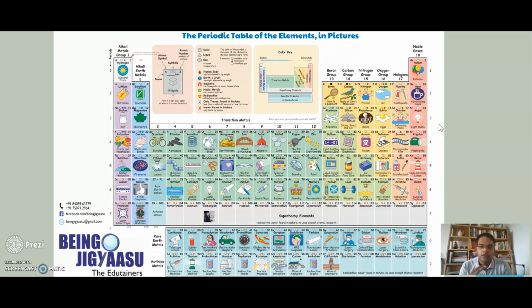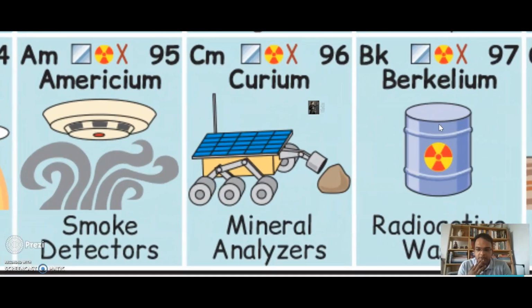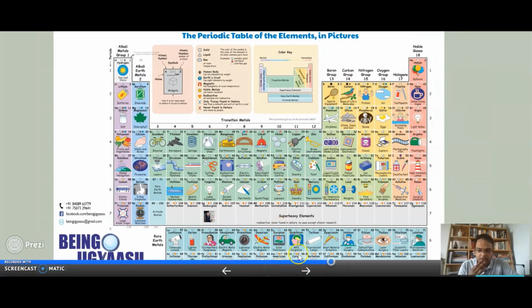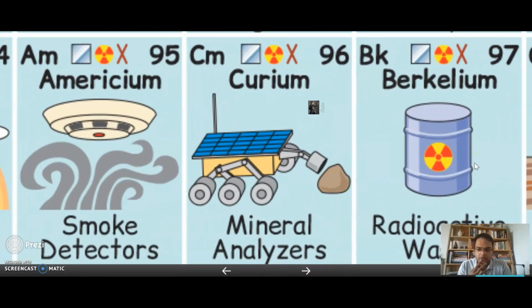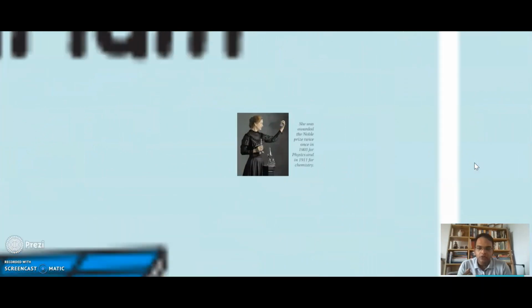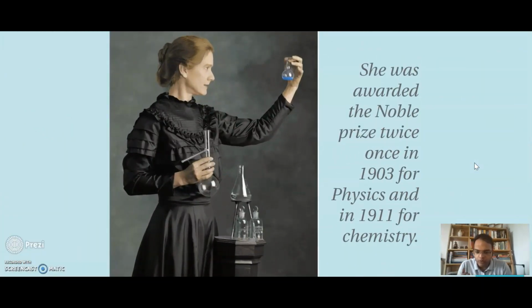There is Einsteinium, there is Rutherfordium, there is Seaborgium, there is Curium, named after Madam Curie. And if you see some of these elements, say for example, Curium is right here, much below in the periodic table. If you see, this is where Curium is. So if you go there, this is Curium, and it is named after Madam Curie. So here we have Madam Curie doing some work in her lab, and she was awarded the Nobel Prize twice. This is an amazing achievement by any scientist to be awarded the Nobel Prize even once, but she was awarded it twice, and that too for two different streams of science, one for physics and the other for chemistry.